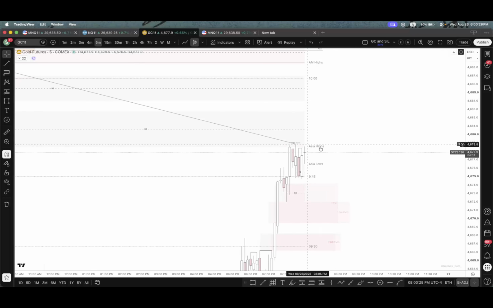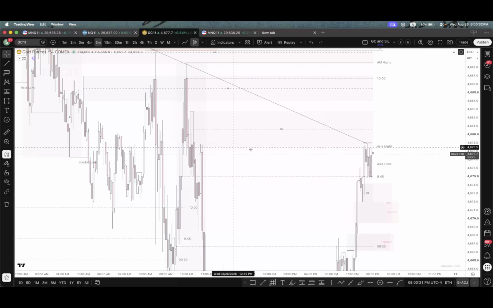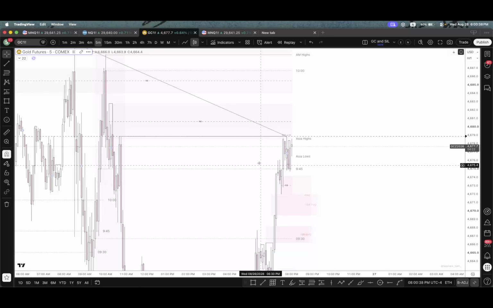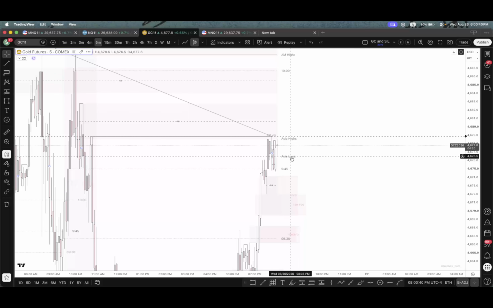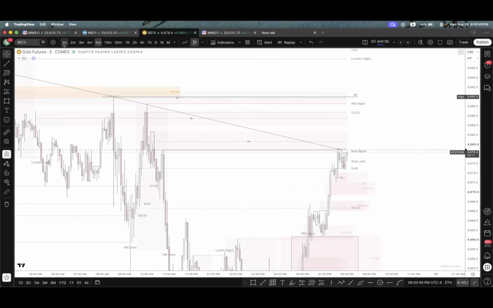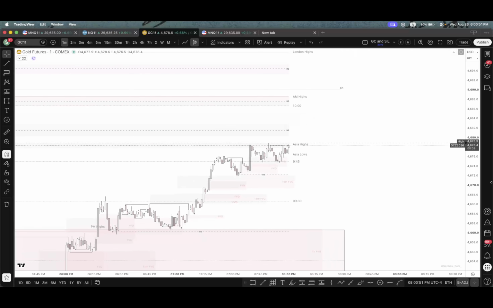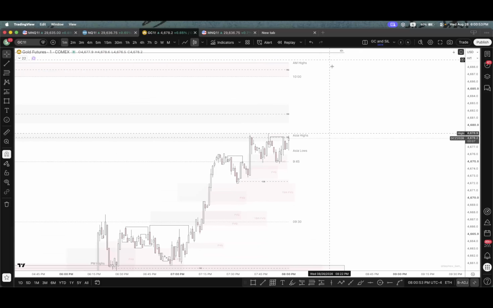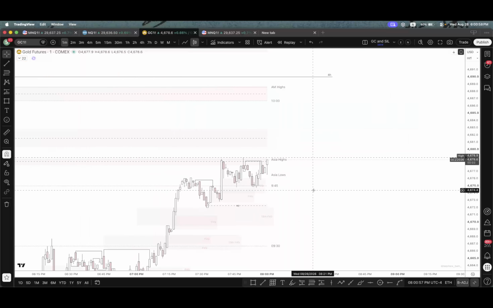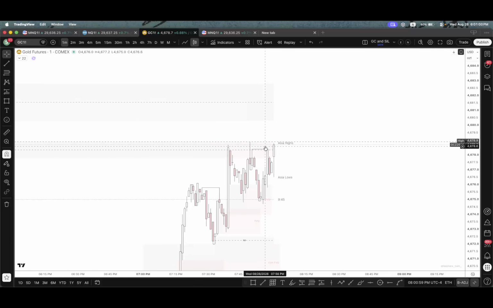I want to see this get swept, right? Yeah, I just want to see these get swept. So I'm just gonna set an alert here. Right there, boom, sweep, and then inverse down here, targeting the 30 minute. And then yeah, we have this 4 hour. So the reason I'm looking for shorts right here is because